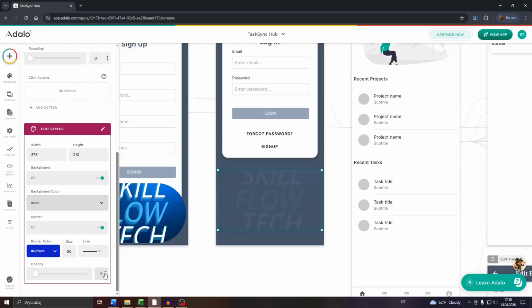I will go with, I don't know, let's go with 1%. And in this case, the image will be almost invisible like this. So